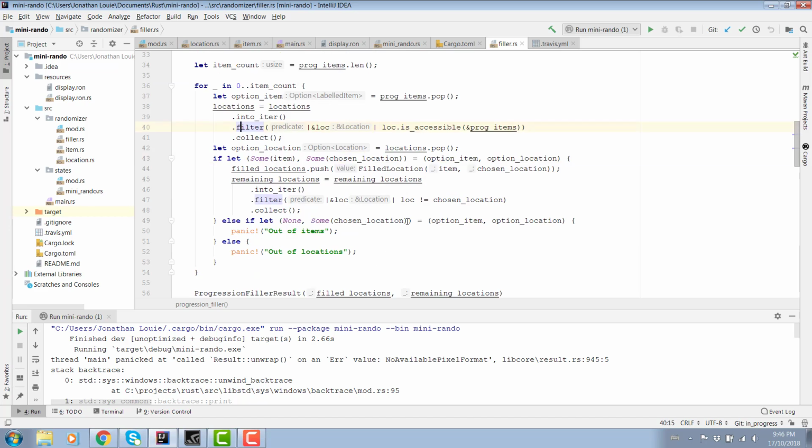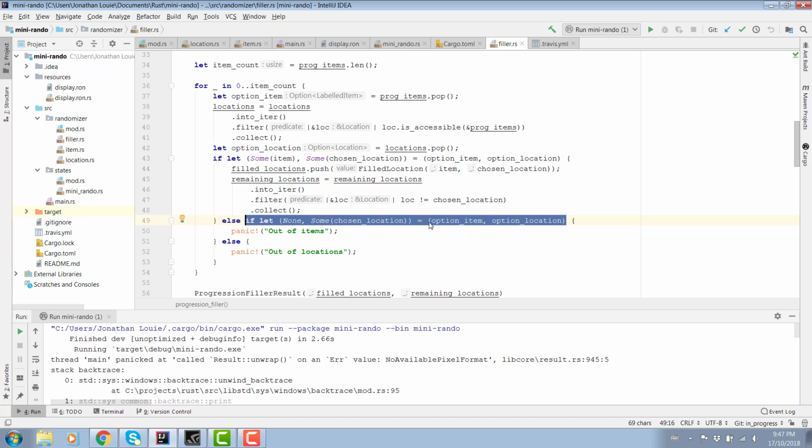Another thing that I realized is that this is not very useful because chosen location never is used as a variable here. So this pattern match is kind of pointless, actually. I didn't have to do it this way at all. And what I think is a better way of doing things is to actually just match on, well, I don't even have to match really, I just need to check if this is a Some or a None.